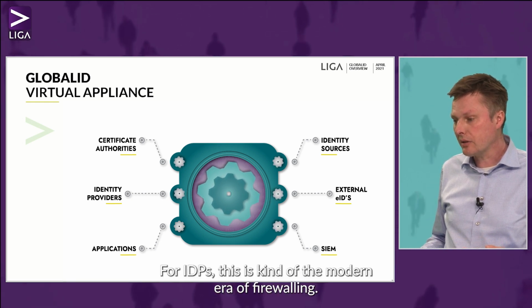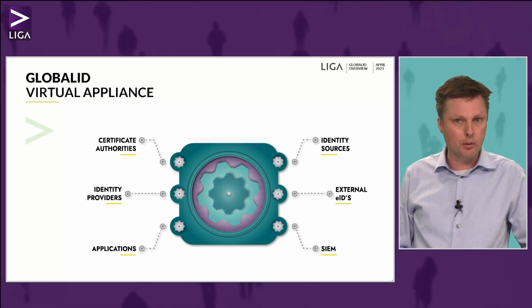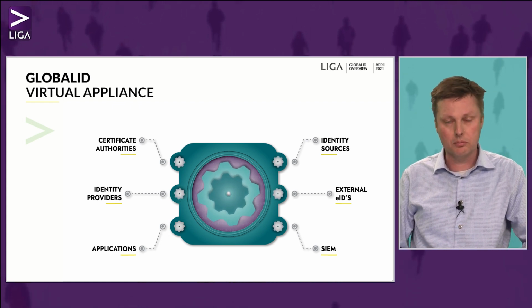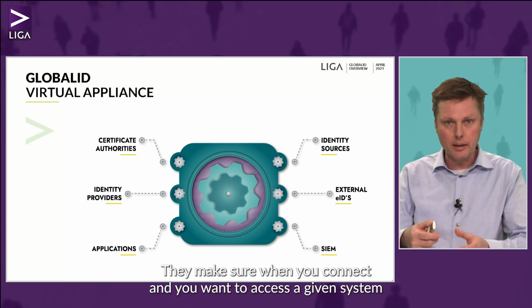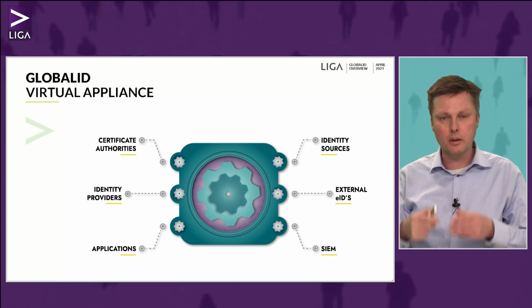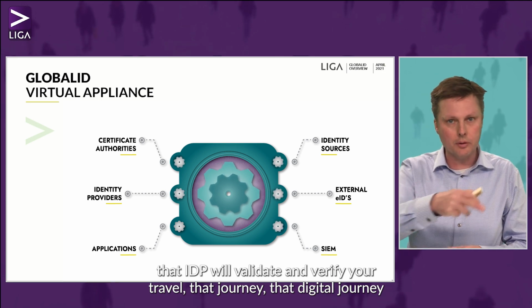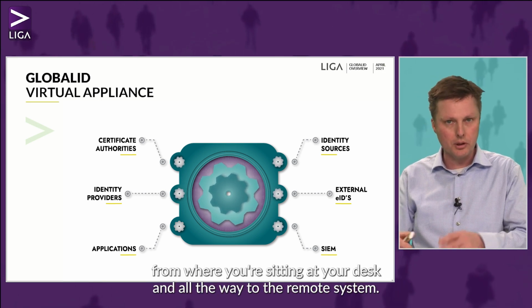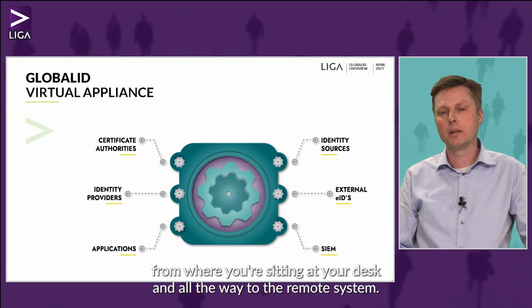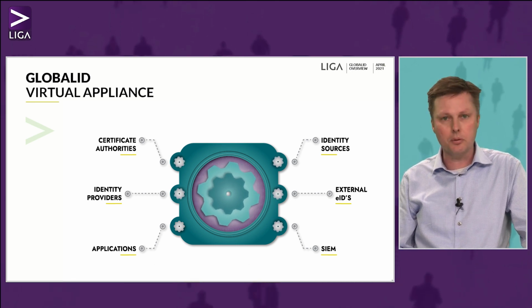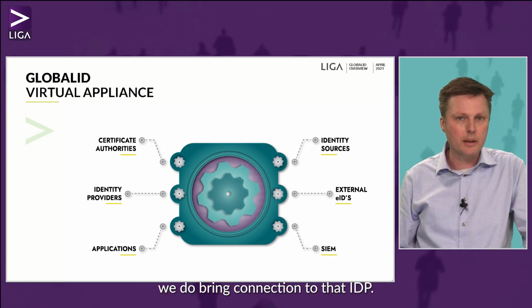For IDPs, this is kind of the modern era of firewalling. This is the identity firewalling, identity providers. This is what they do. They make sure when you connect and you want to access a given system, that IDP will validate and verify your travel, that digital journey from where you're sitting at your desk and all the way to the remote system. That's what the IDP is capable of, and that's why you need it, and we do bring connection to